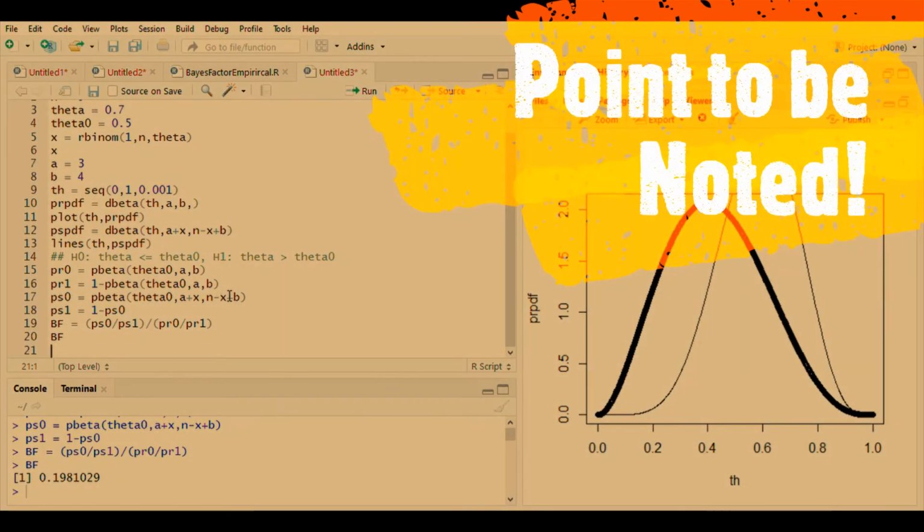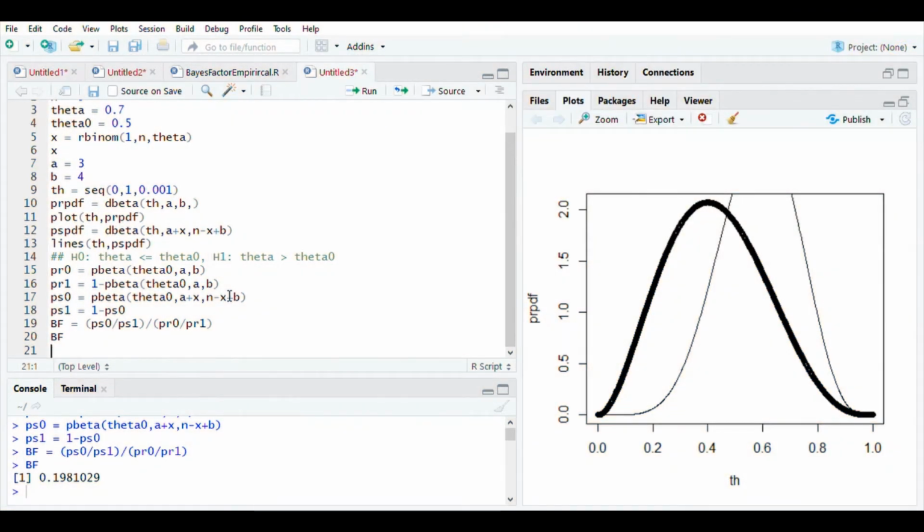Okay, so now I hope you remember the criteria which we had discussed when I shared the notes with you. The criteria was that if the Bayes factor is less than 3, you are going to strongly reject H naught. If the Bayes factor is between 3 and 6, you are going to simply reject H naught. And if the Bayes factor is larger than 6, then you are not going to reject H naught. Notice that these are not standard values. Over the years people have found that these values work in most posterior distributions, and so these values are used.